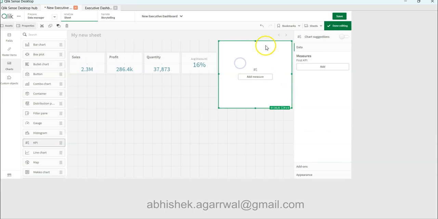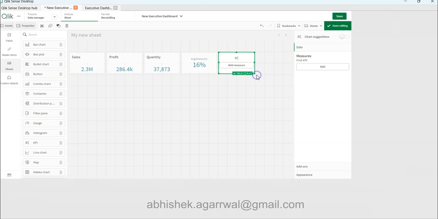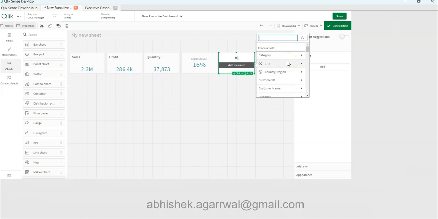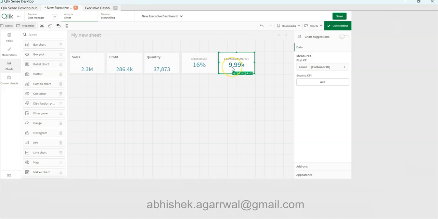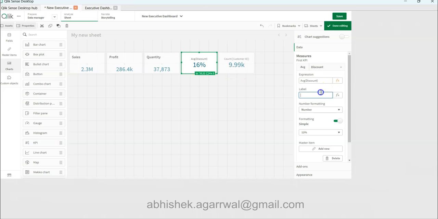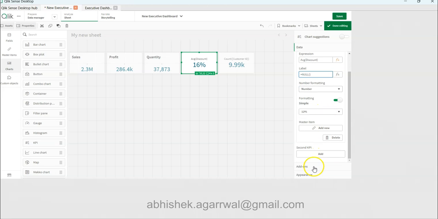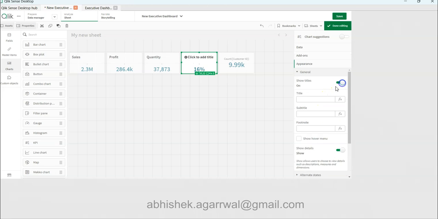KPI, one more KPI, and I'll bring this down, and I'll bring this up here, add measure. So count of customer, right? So we will have the customer ID, and we have a couple of options, but we can first bring the customer count. However, this will be duplicate, right? Because one customer can have multiple orders. So we need to manage this. But before that, let me just remove this average discount by putting null, and in the appearance show title,